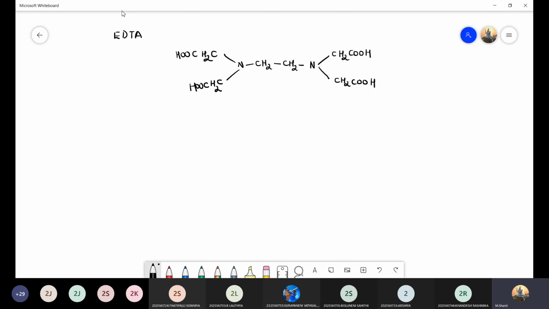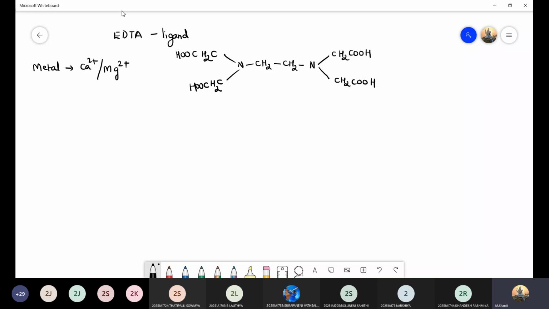What is the denticity of this ligand? EDTA is nothing but a ligand. This is going to form a complex with your metal. Now what is the metal here? Your metal would be either a calcium ion or a magnesium ion, right? So now your ligand is going to bind with your calcium or magnesium ion. Am I fine, girls? Following?